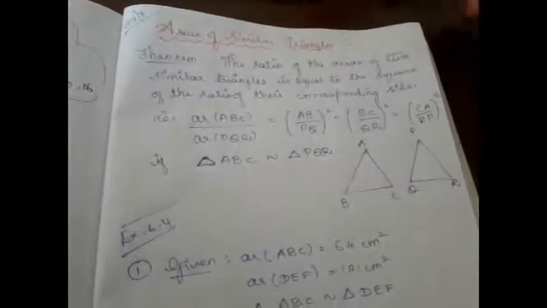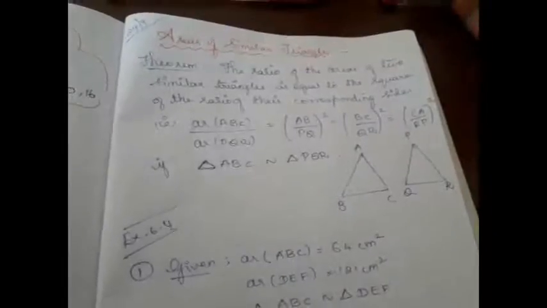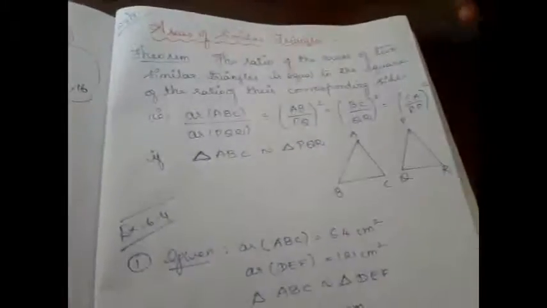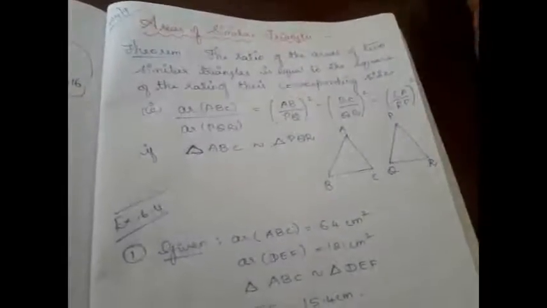Hello students, in today's class we are going to learn the next new concept in triangles chapter, areas of similar triangles. So far we have learnt what is meant by similarity and when two triangles will become similar, the various criteria which imply the similarity of two triangles. Now we are going to learn about areas of similar triangles. Is there any relationship between two similar triangles based on their areas? That's what we are going to learn today.